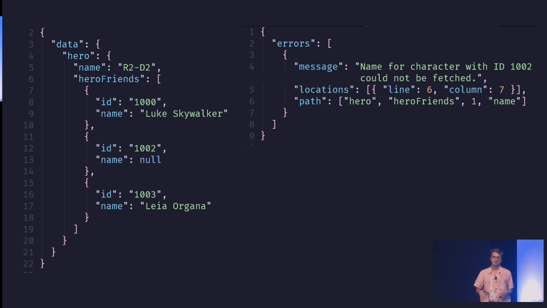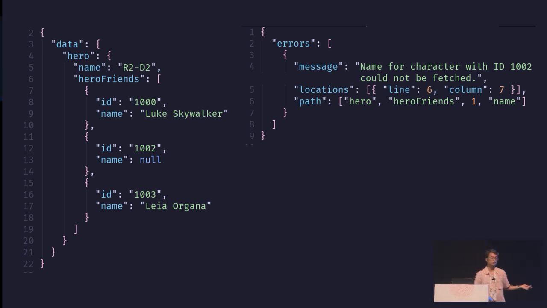First, I need to check is data there. Inside that, is hero there. Inside that, is name there. Then I can take that value and use it, right? And the same way, I need to handle the errors. For that, it is going to have an error key and inside that some data. So now I need to handle both these formats. Normally, this code will have a lot of if, else, try, except for each and everything in this, till I get the value that I want.